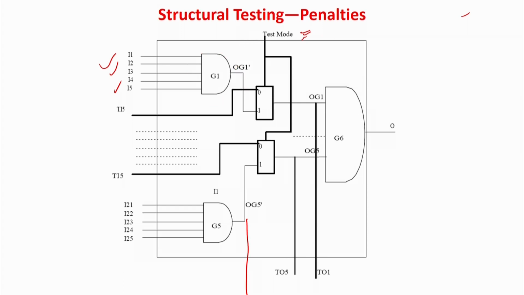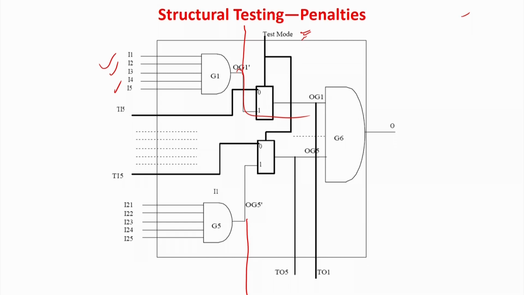Because for observation, controlling is more difficult, because for controlling you have to stop the input from the normal circuit and you have to have test pins which can give the value to the gate under test. But for observation, this is going to this output, I have no problem, you just put some extra pinouts from these gates. So, you can directly observe them as the output.